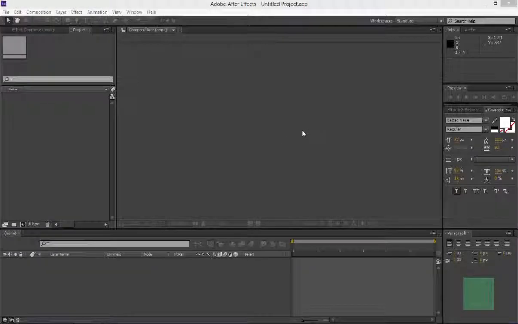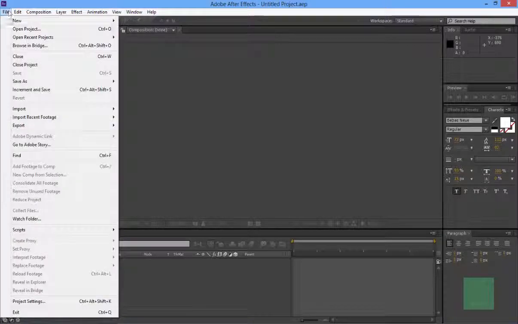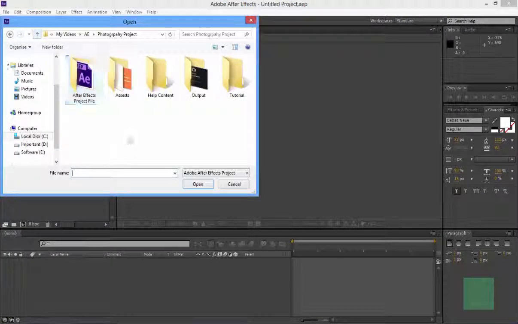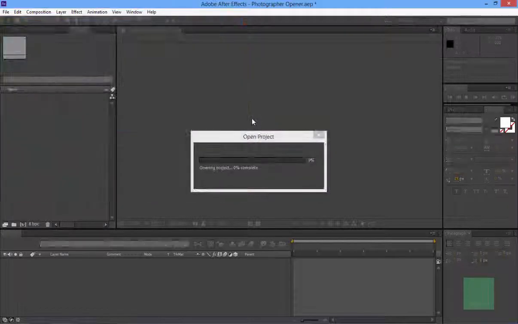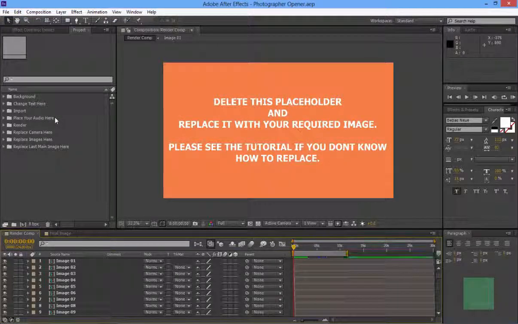In this short tutorial, I'll be showing you how you can customize the template. So let's go to File, Open Project. You can see the project file in the After Effects project file folder. Just open it. Okay, so now you can see here there are some folders, and there is an image over